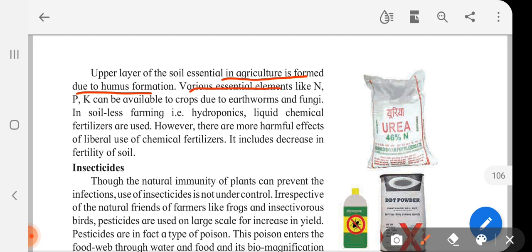Various essential elements like nitrogen, phosphorus, potassium become available to crops due to earthworms and fungi. In soil-less farming, that is hydroponics, liquid chemical fertilizers are used. However, there are more harmful effects of liberal use of chemical fertilizers. It includes decrease in fertility of soil,